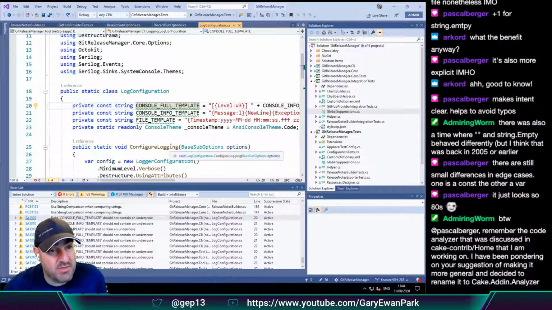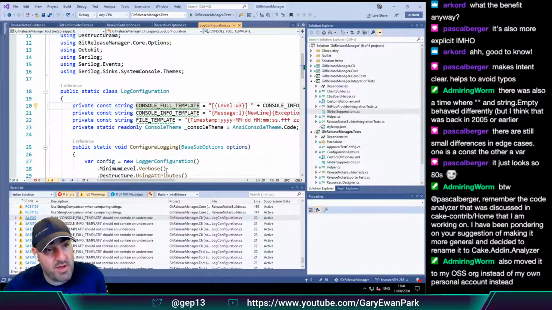Should this just be console full template rather than console underscore full underscore template? I think I've always historically done const as underscores, but I'm willing to change that.